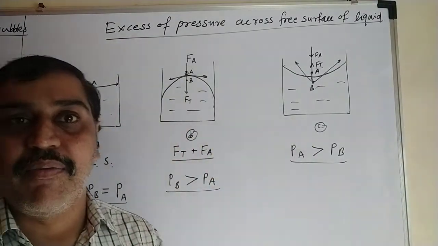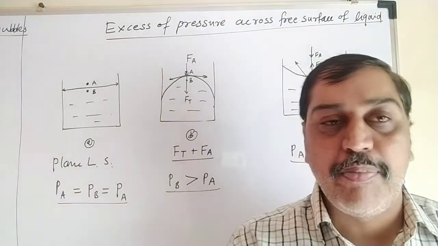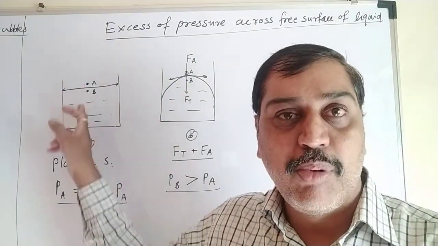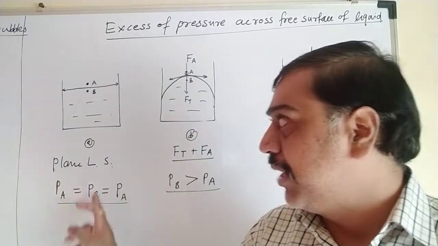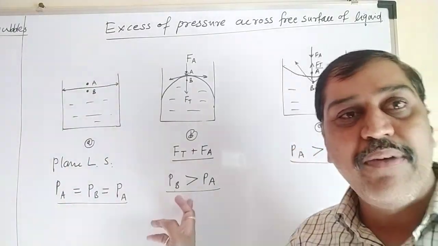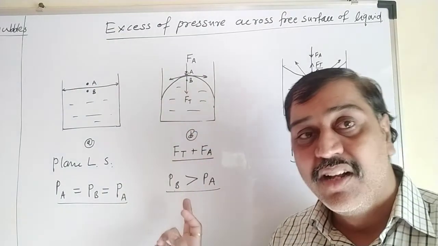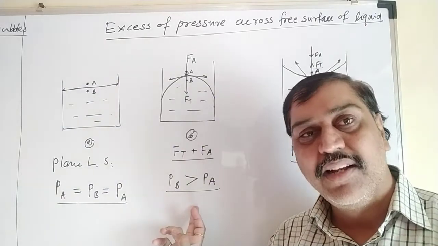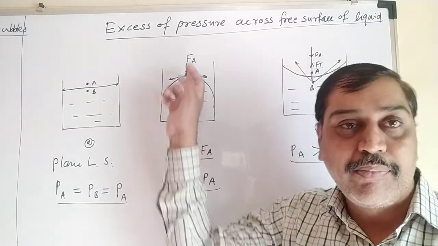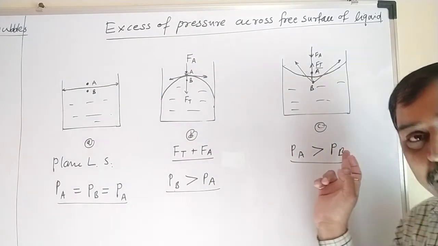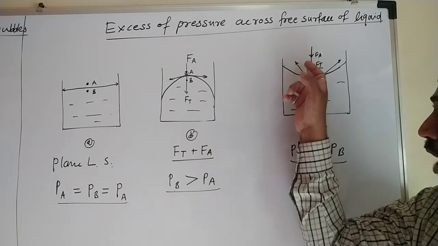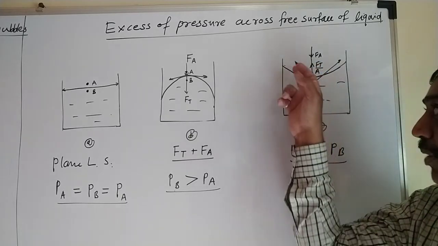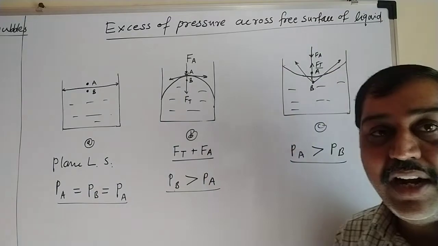Now from these three diagrams, what can we conclude? When the surface of the liquid is exactly plane horizontal, the pressure at both sides is the same: PA equal to PB equal to atmospheric pressure. When a convex part is at the top, it is again seen that the pressure inside is greater than outside. PB is greater than PA, or we can say pressure at the concave part is greater than pressure at the convex part. The third case is also the same. It is again the pressure at outside point A, outside the liquid, that is greater than pressure at B, meaning pressure at the concave side is greater than pressure at the convex side.